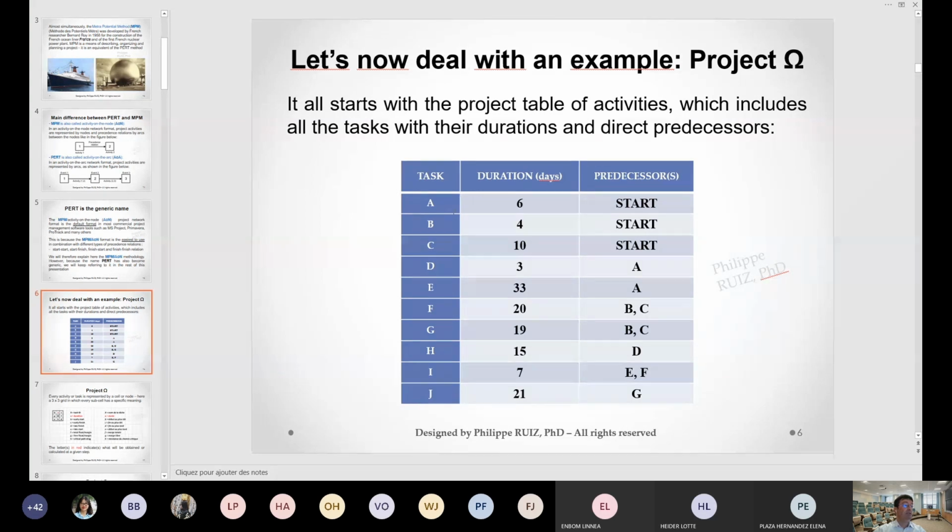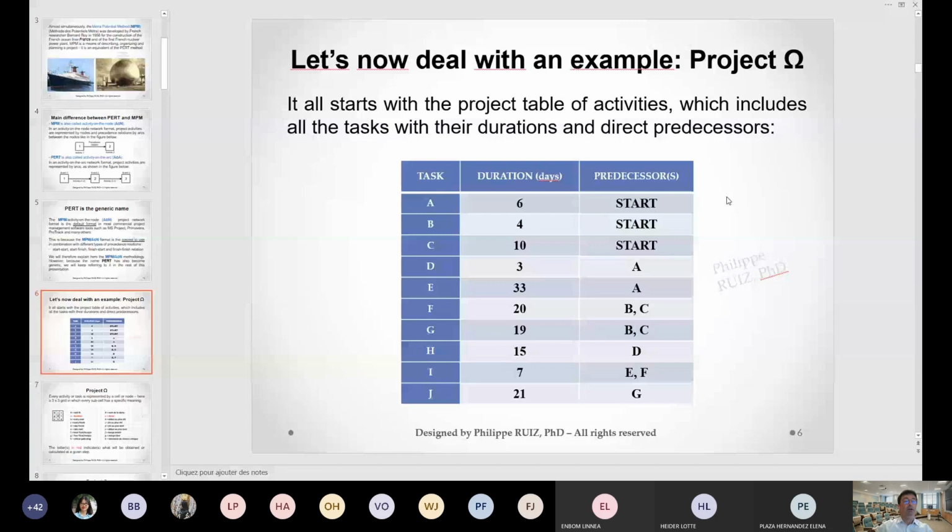So it's exactly the same as before, except this time the tasks are lettered instead of just putting the names, but we could put the names of the task just as well. And in front you have the durations, exactly like the Gantt chart. There is one major difference though in this table: now we mention something called the predecessors. The predecessors are the activities that are required before the other activities